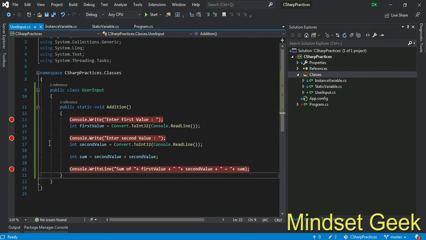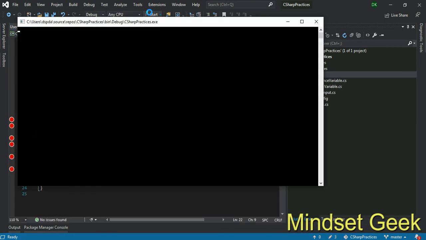But when you become familiar, you just need one debug point and practice, right? This time I keep 3 debug points and 4 also. You can use 4 debug points on each line. Don't worry about that. Go.